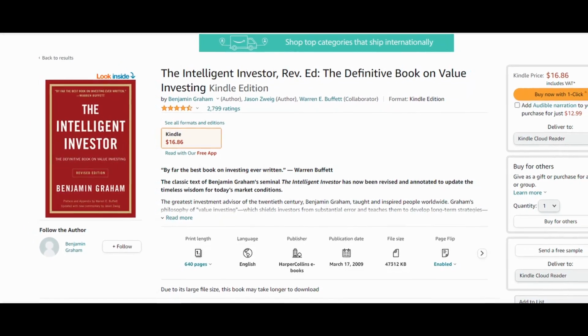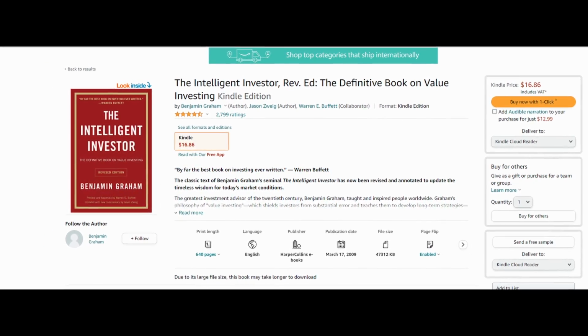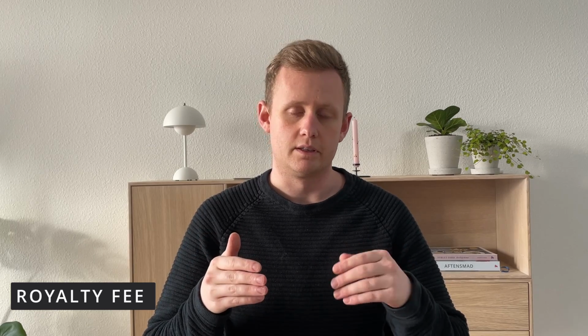A very basic and good example of what passive income could be is that if you have published a book, then basically this book goes on a website and you start selling copies of this book. Every time you sell a copy of your book, then you earn what is called a royalty fee. This fee then goes into your bank account. If you're not good at writing books, then don't worry, because there are also other ways of earning passive income. And there's actually a lot of them with the internet today. But in this video I will talk about a few of them that I'm actually using in order to generate passive income.